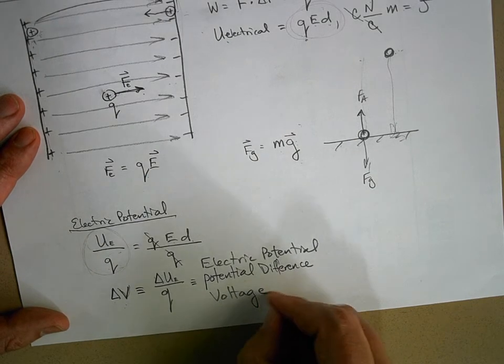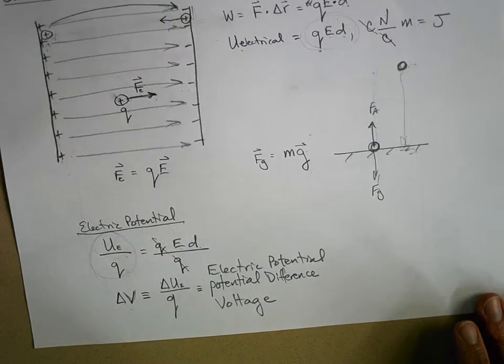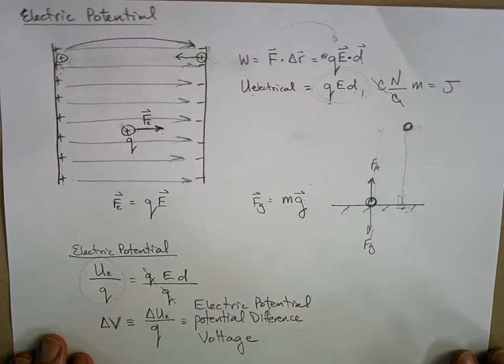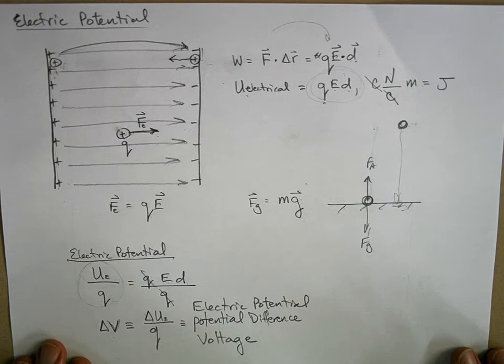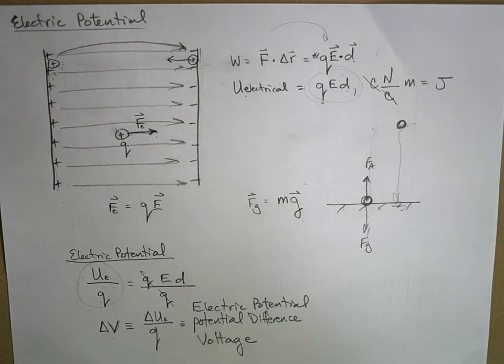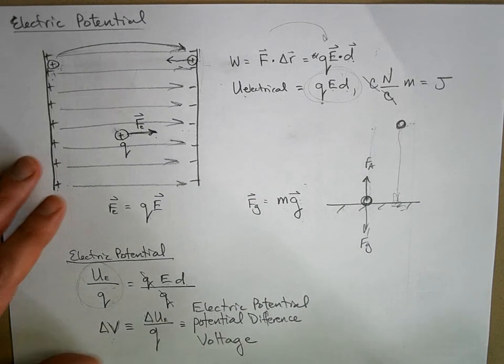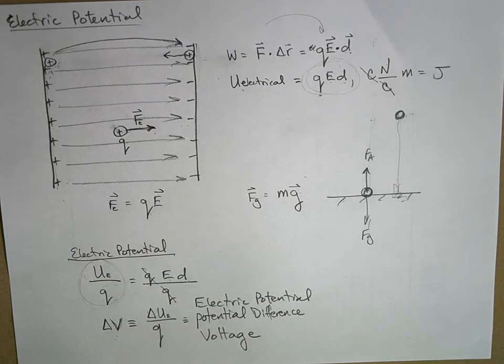Now, I am going to apologize on behalf of the physics community, because electric potential is the worst named thing in physics. There are so many different names for it. There's electric potential, potential difference, voltage. There's even one, and we watched this in